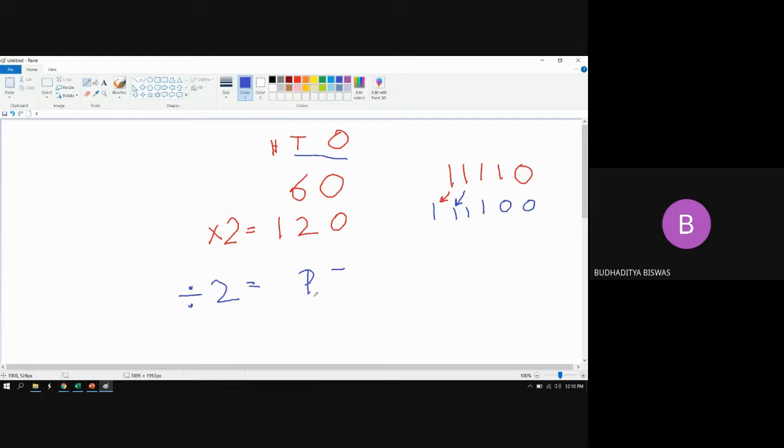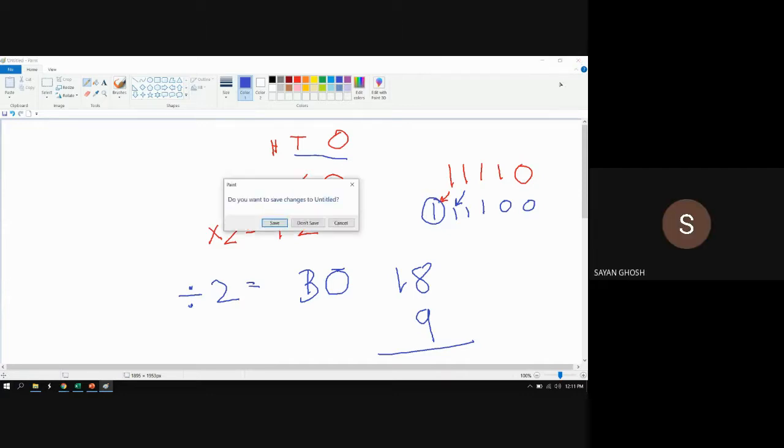Sorry, the result will be 30, so that means it now occupies only the 10 and 1 positions. It may happen that sometimes we divide, say, 18, which occupies 2 positions, but if I divide it by 2, then it only occupies 1 position. So for the division it is not mandatory that you keep all the bits, but for the multiplication the result increases, so definitely we should incorporate the next position also.